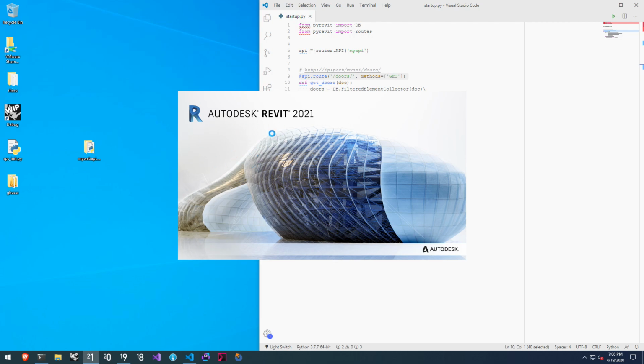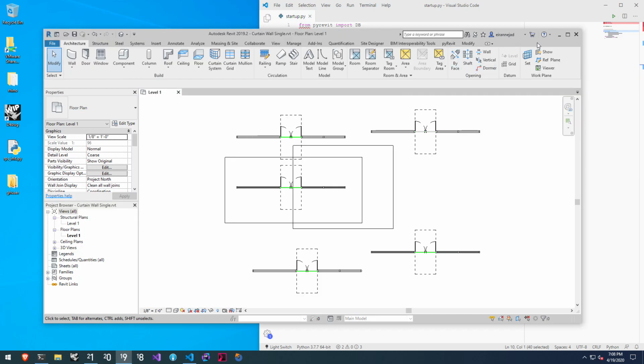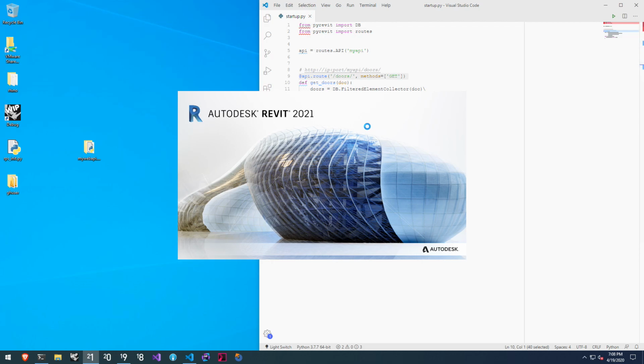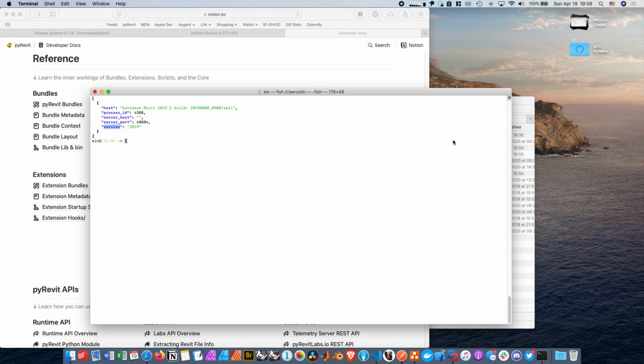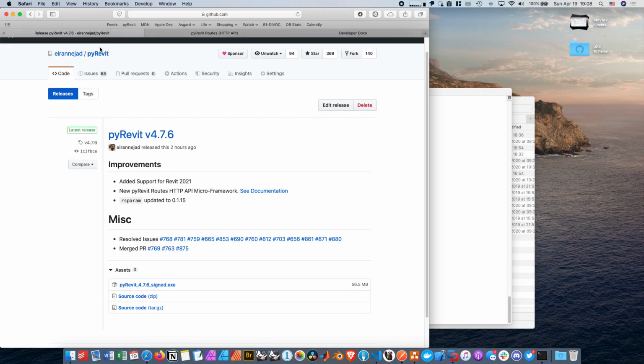And there's really no conflict between these two servers because they're sitting behind different ports. So you could independently talk to any of these Revit versions that are running on your machine. I'm going to let that start up. Meanwhile, while Revit 2021 is starting up and loading pyRevit, I'm going to show you the link here that